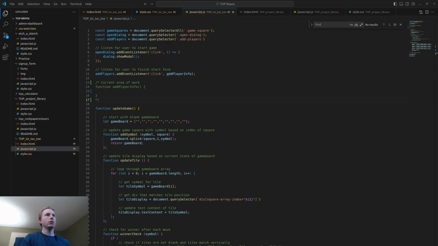Add working game and logic, begin adding player info collection. It's not perfect, but